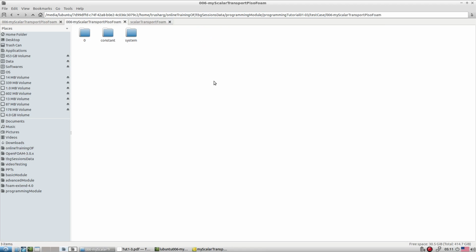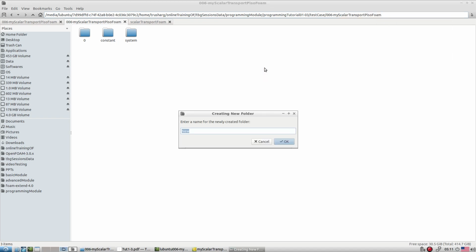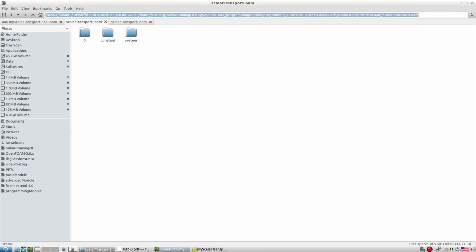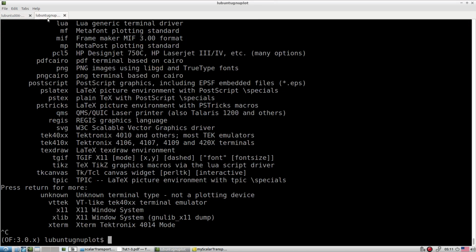Now first we have two entries here. One is scalarTransportFoam, so based on the scalarTransportFoam, we try to simulate the same case. In the case of PISO, we will solve with the scalar transport. First let's quickly simulate with scalarTransportFoam, same thing.